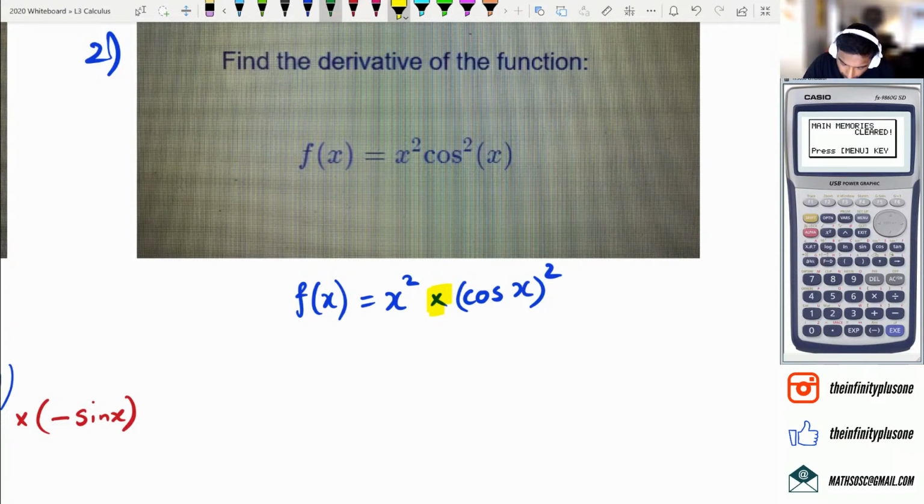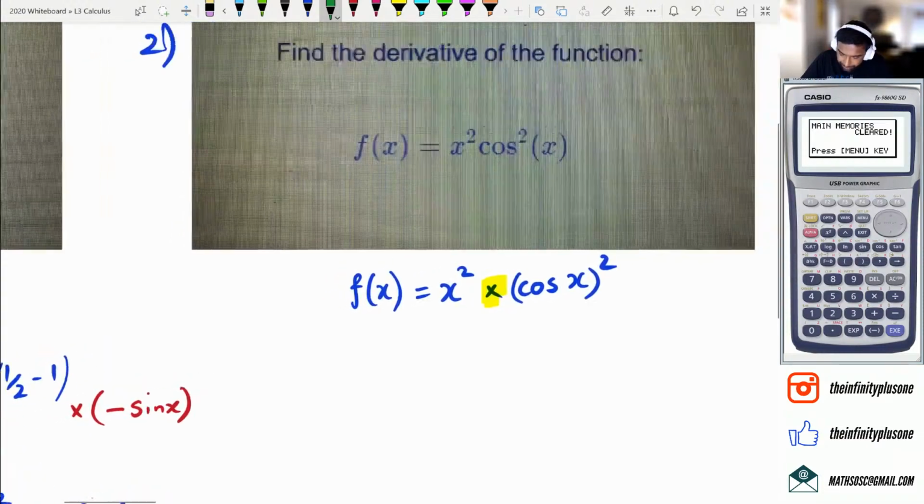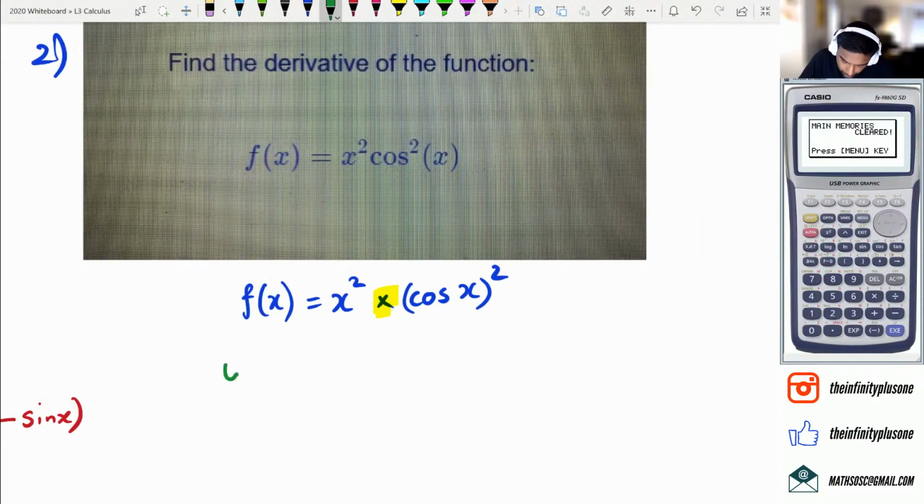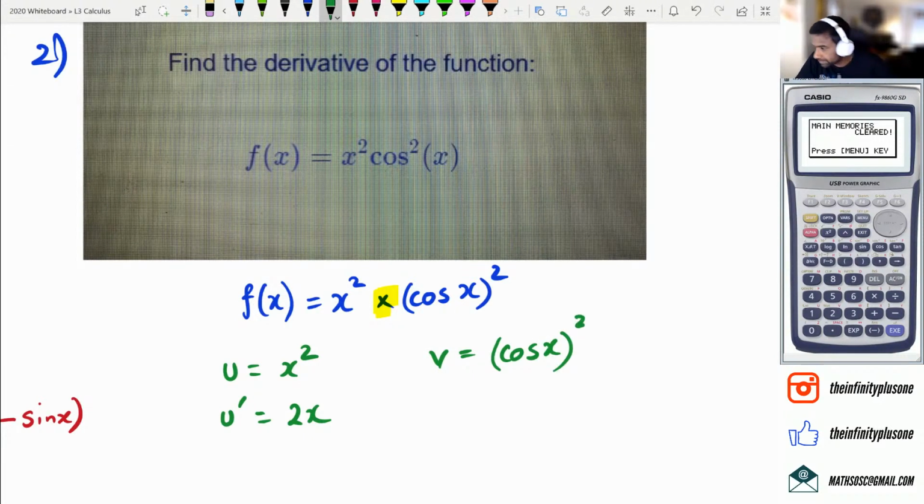With product rule, I'm going to put u is equal to x squared, which means u dash is going to be 2x, and I'm going to put v equals cos x squared,